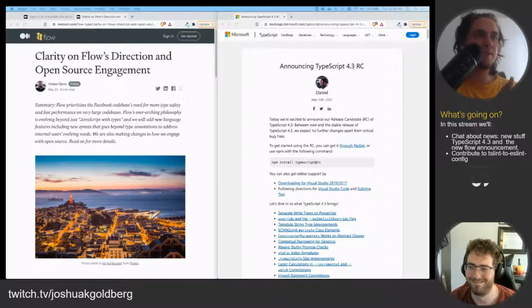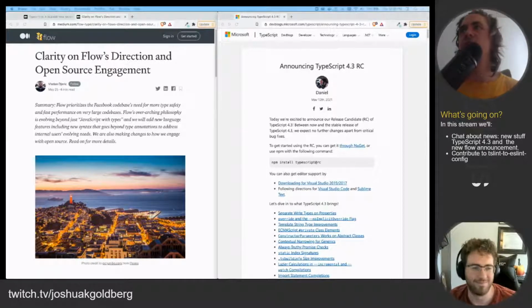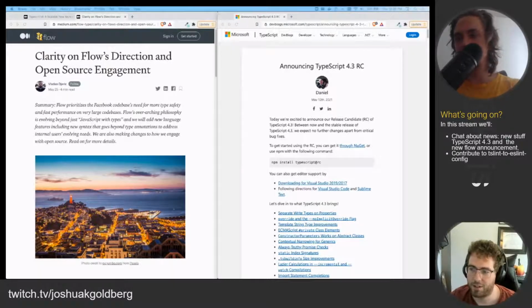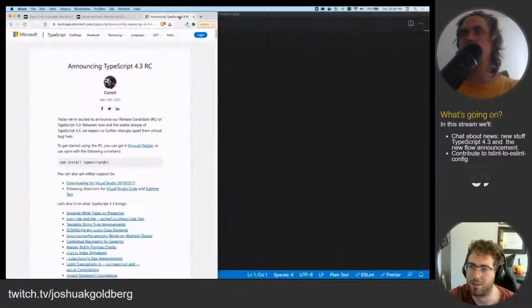Did you have some contributions to TypeScript too? Yeah. I haven't gotten anything merged too recently. I think there are maybe some small things in 4.3. But the biggest thing that I'm really excited about with TypeScript 4.3 is the author of